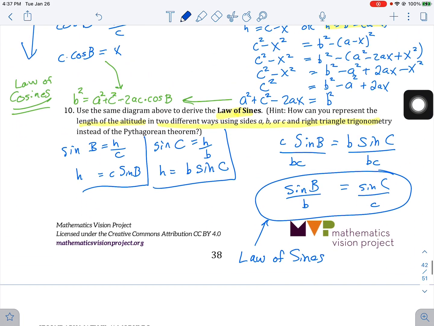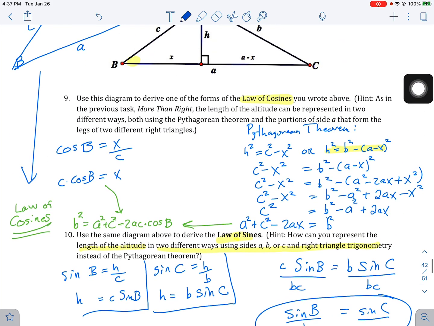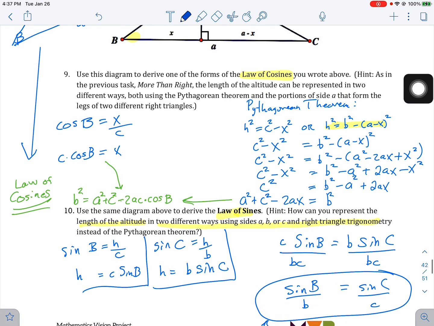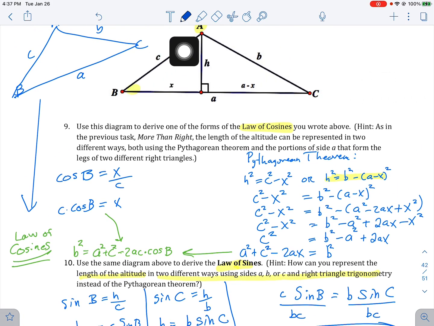There's another one, the law of sines, which is the sine of b over b is equal to the sine of c over c. So this one we can actually algebraically derive also from here, but instead of the Pythagorean theorem, we can use some trig. For example, the sine of angle B is opposite over hypotenuse, h over c, and the sine of c is h over b. So if we write that out